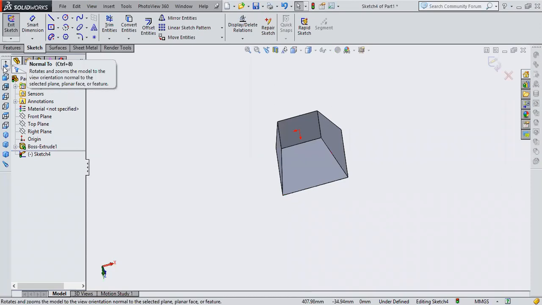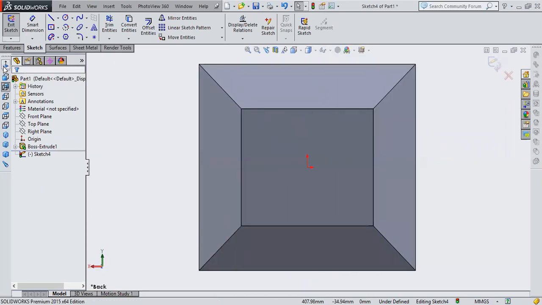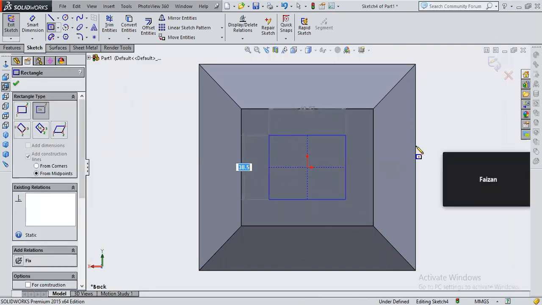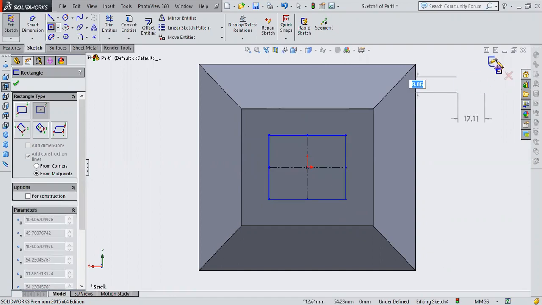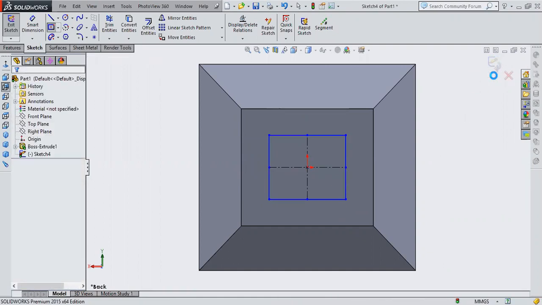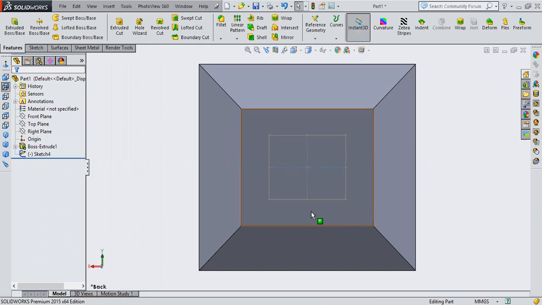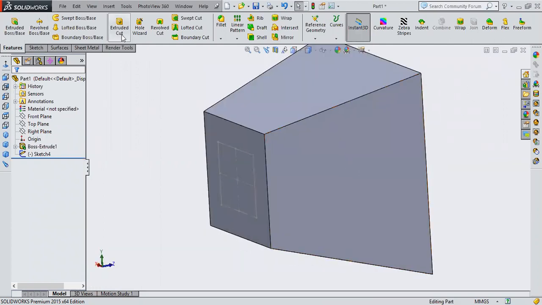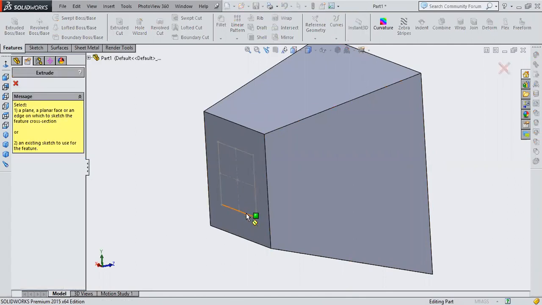Yes, sir. Just click on this and it will become exactly parallel to you. Now draw the amount of material you want to remove. I want to remove this much material, so I'll say exit. Once it is exited, you can't see that arrow mark there as well as the exit sketch symbol here. Now just click on this extrude cut. I'll select this.